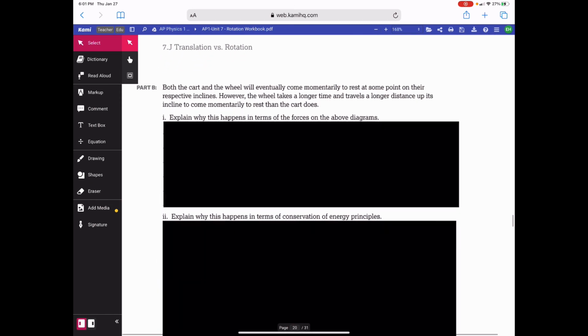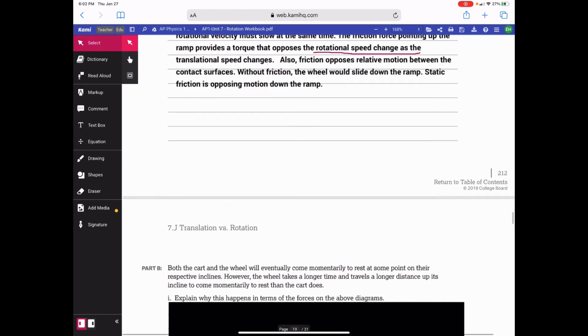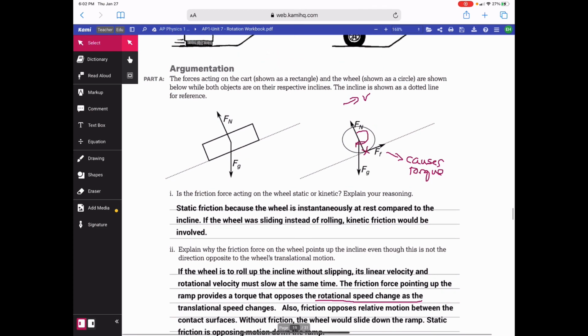Part B. Both the cart and the wheel will eventually momentarily come to rest at some point on their respective inclines. However, the wheel takes longer and travels a longer distance up its incline to momentarily come to rest than the cart does. Explain why this happens in terms of the forces in the force diagrams above. So if we're talking about a Newton's law explanation, well,